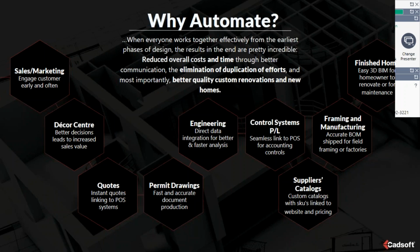thought out the whole process from sales and marketing when we are engaging that client to our decor centers so that they can pick out those materials that they're seeing in that 3D model, to getting those quotes after seeing that 3D model, doing a virtual tour of it, understanding those materials and the true cost of all of the materials that are going into the project, permit drawings, fast, accurate documentation process, going into sending the direct data from